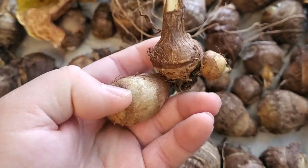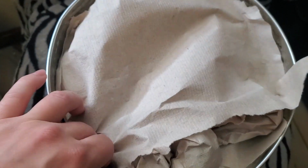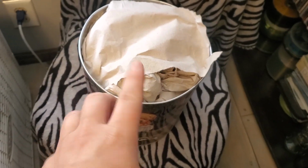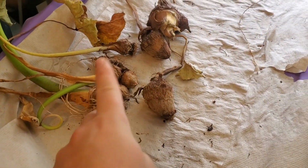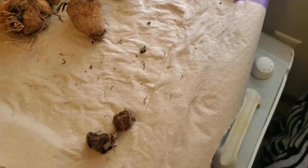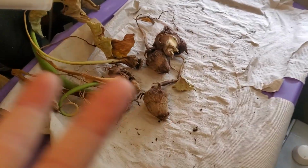But like this, I will go ahead and wrap it. I have everything wrapped up individually, like I said. I'll just put a piece of paper towel over that, and I'm going to store this in a dark space that gets no moisture, humidity, you know what I mean? Because we don't want this stuff to rot or anything. These I'm going to let dry out, and then I did save a few to give to my friends. And if they don't properly store them, I always have a bunch more that I can give to them. So yeah, that's how you